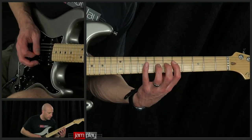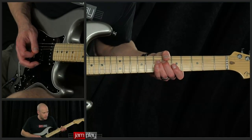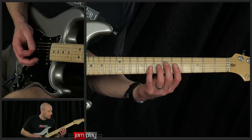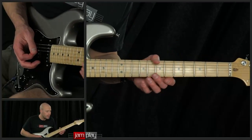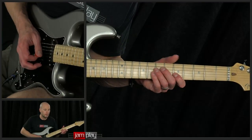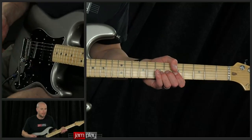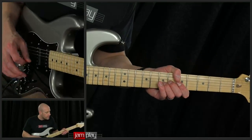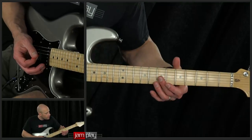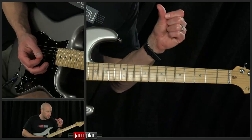That's very slowed down. I have my thumb down. You'll see me doing that all the time. Not everybody does that. Some people like to play with their thumb more over the neck. I can't do that as well. I don't like playing with my thumb over the neck all the time. I do for bending, but when I have my thumb back here, joint of the thumb right here on the